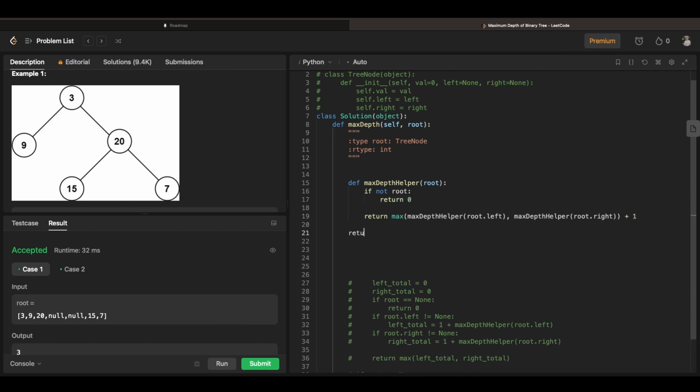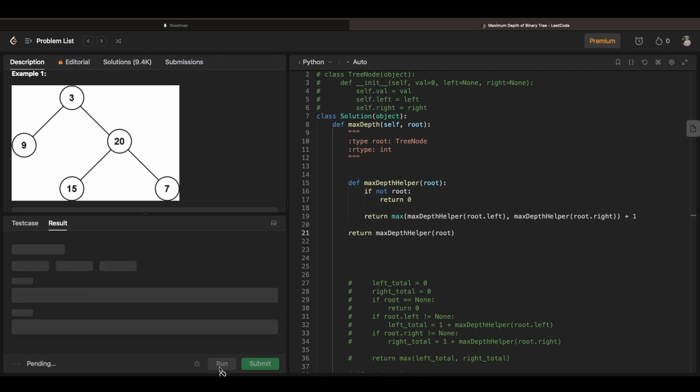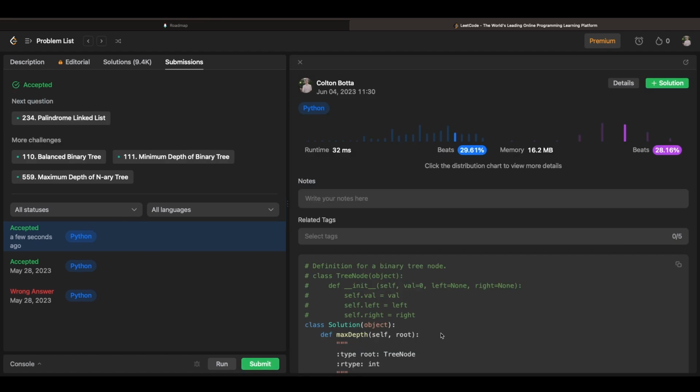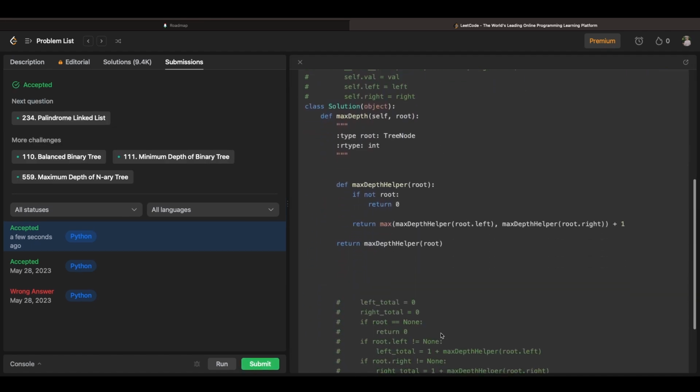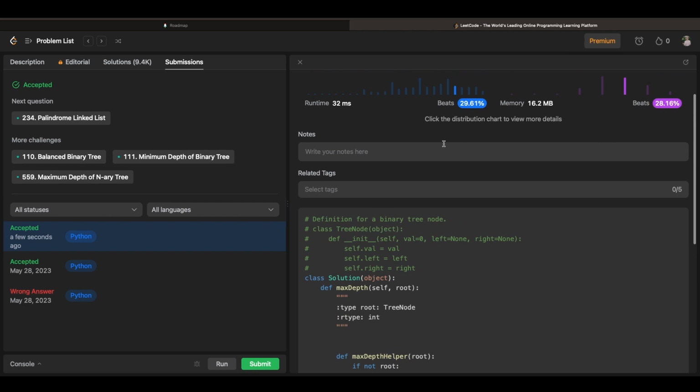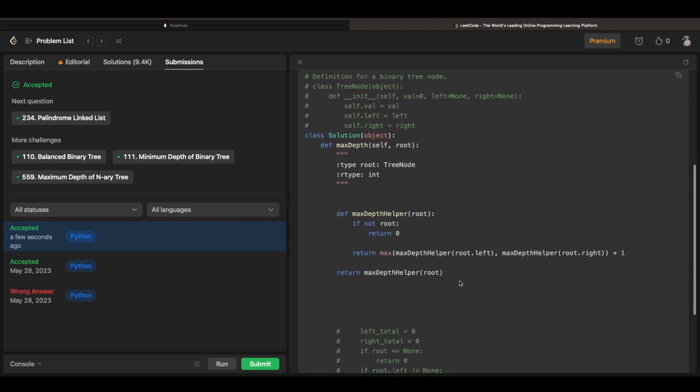And then we can simply return max depth helper. We pass in the root. This is just to run the actual program. And let's make sure this works. And yeah, sure enough, this solution, while certainly not the fastest we could possibly do it,